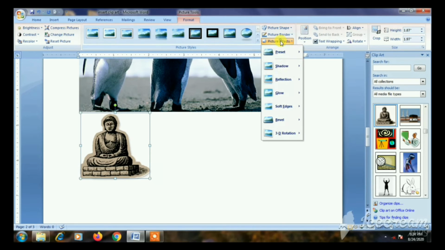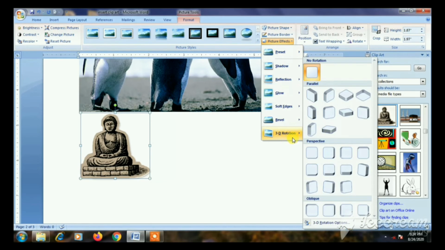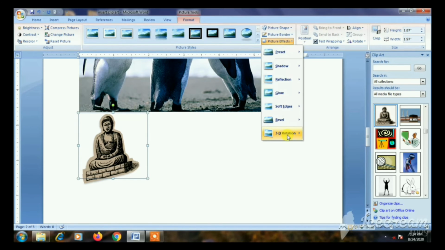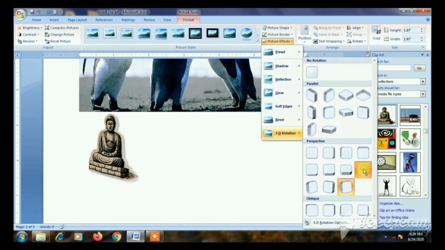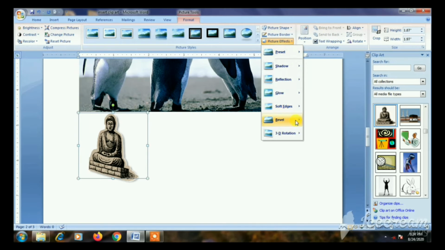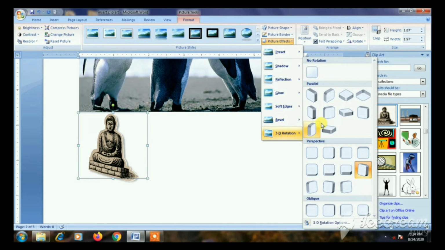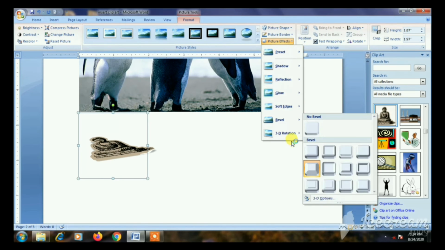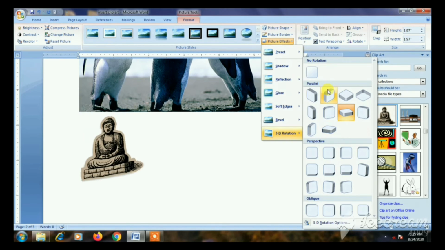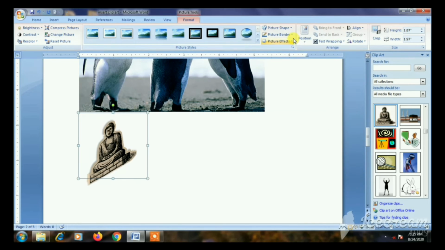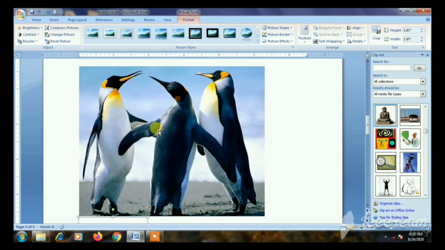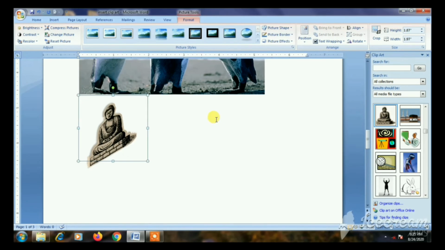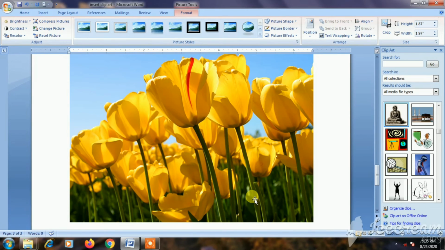If you select Picture Effects, so many menus will come under it. You just move the mouse and the image also changes according to the selection. You preview that and select what shape or what effect you like. Once you select it, the picture is changed according to the effect you selected.